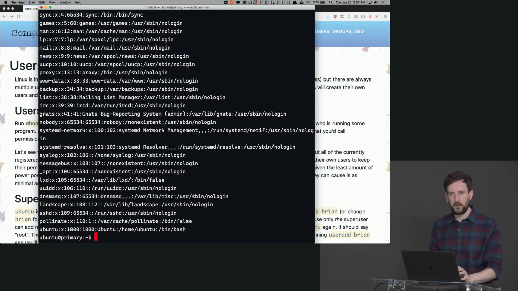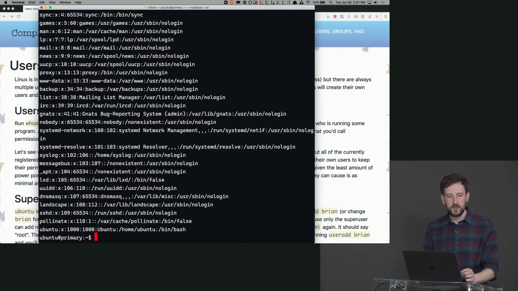So that's the principle of least power in effect here, that you've actually shut down one vector of attack for attackers to get into your computer. Now I'm running Multipass here on my local computer. It's not really that big of a deal if someone gets into it, but if you're running a server out in production that's running Ubuntu, you don't want people to be able to attack your computer. So all of this is to say, if you have some sort of job that needs to run on your computer, you want to run it as an unprivileged user, so that if someone gets a hold of the login credentials for that unprivileged user, they're not able to blow things up or exfiltrate data.